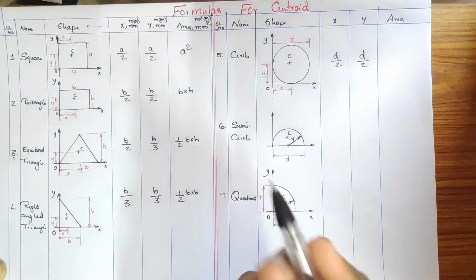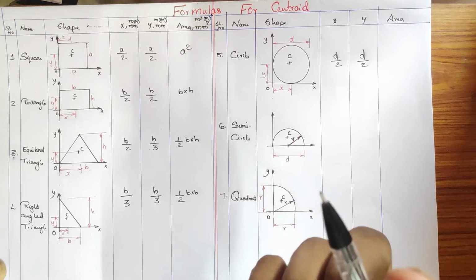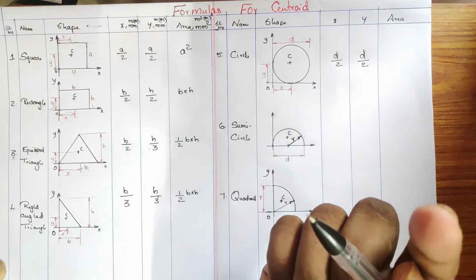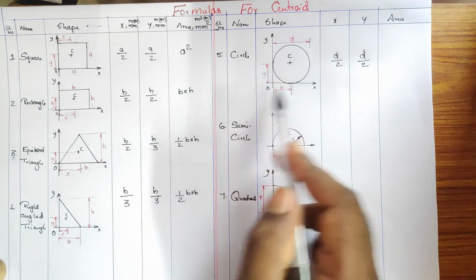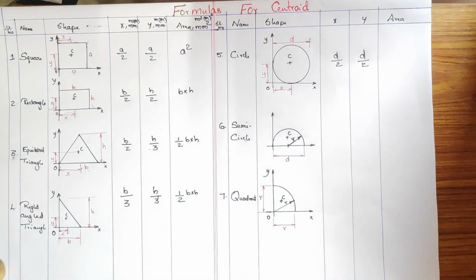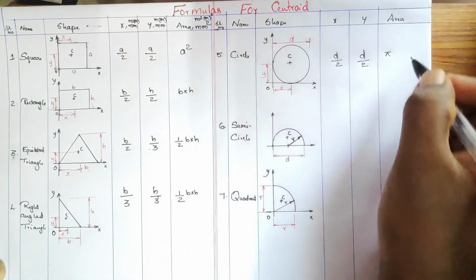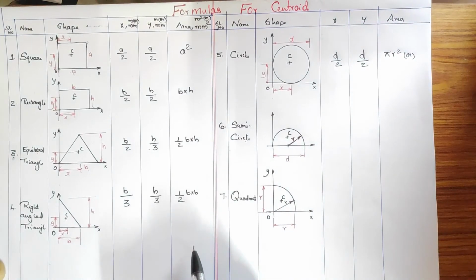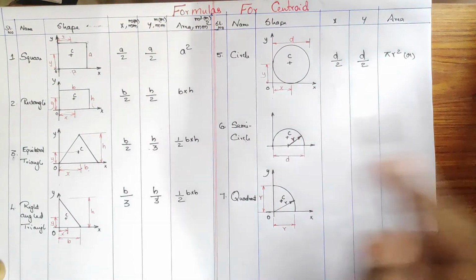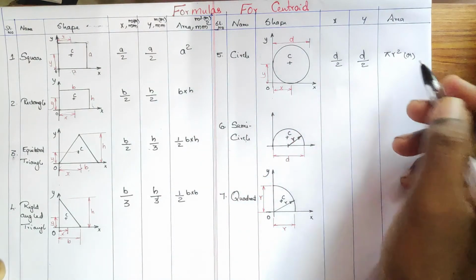It's a known one. In order to specify the centroid, you keep it at the center of the object. So here it is the distance of its diameter in the x-axis and in the y-axis. What about the area? What's the formula for area? Area of the circle is pi r square. It's a known formula. In the lower classes we are familiar, we are working with the same formula of this circle, pi r square.